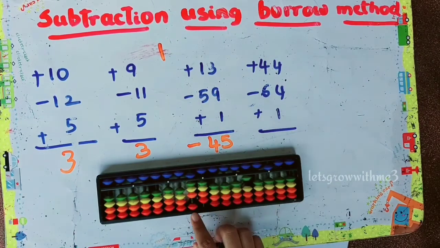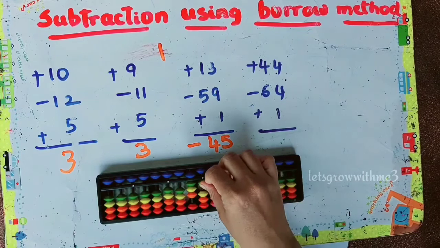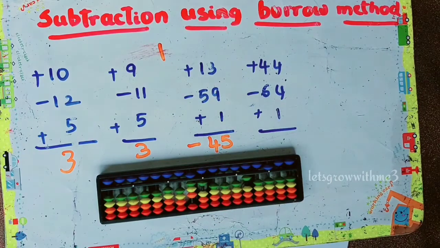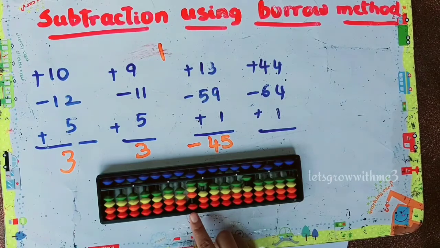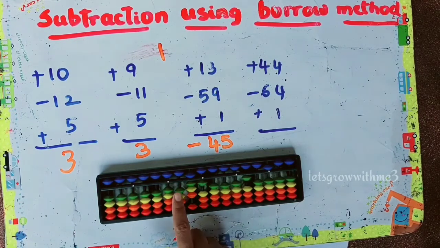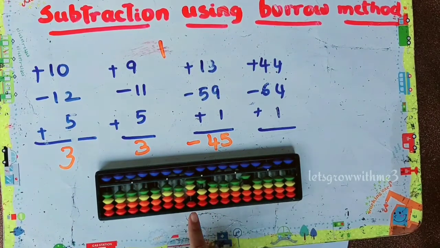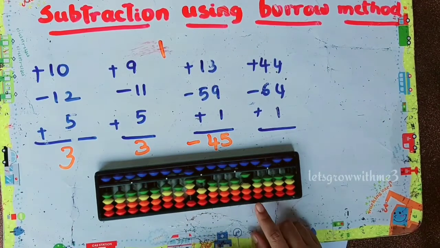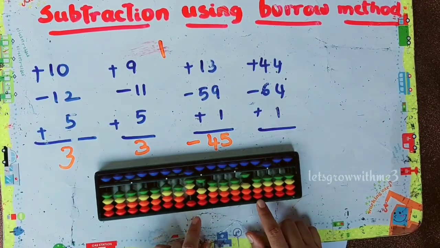Then we need to go for a combination. Papa down, mama down, babies down. Then we need to do minus 4 in ones place. We can do the direct method. So now we need to add 1. So we added. Then we got the value 81. But it's not our actual answer because we need to return our borrow. As we don't have as many bits as we borrowed, then we need to do what? 100 minus 81. So whatever the answer we got, we need to assign the negative value to that answer.